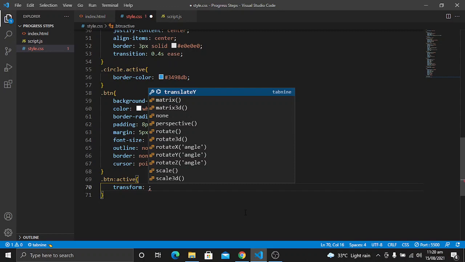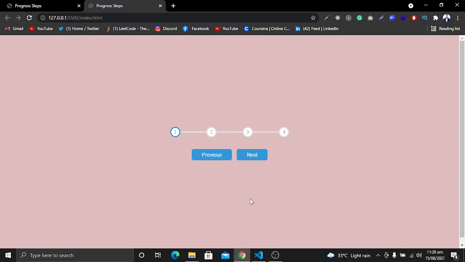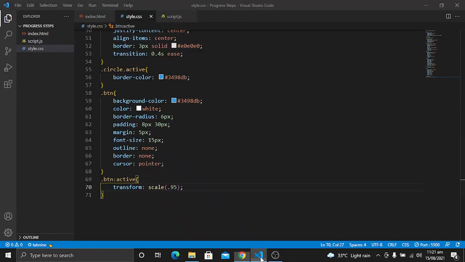So the transform property is going to be scale. I want to reduce it to 0.95. So when I click, these buttons will change its styling. As you will see here, this button is not impacted because we have set it to be disabled.